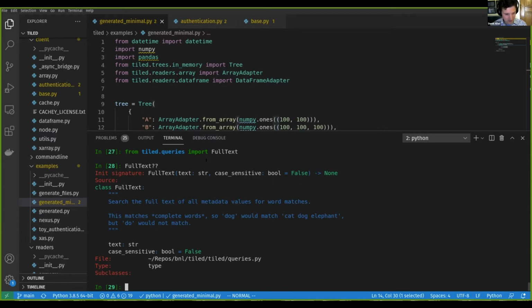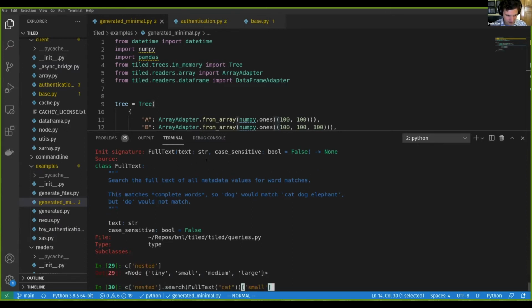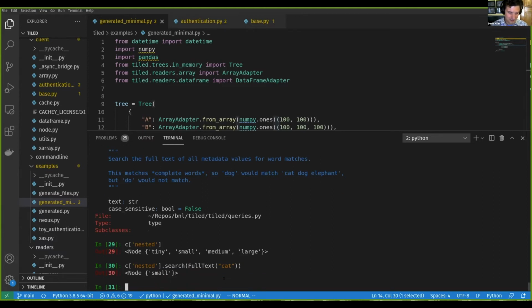That's fine. Let's do, I think I have a nested catalog in here with some metadata on it. So I can search for full text cat. Which of these nodes in the tree has metadata with the word cat in it? And it turns out that the small one has metadata with the word cat, as indeed we can confirm if we just look at the small